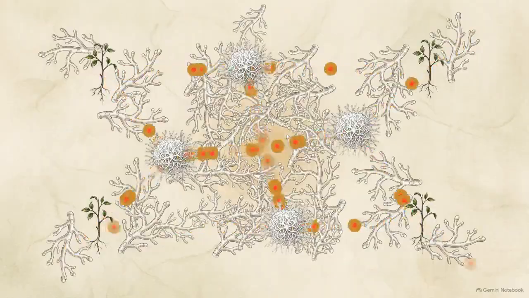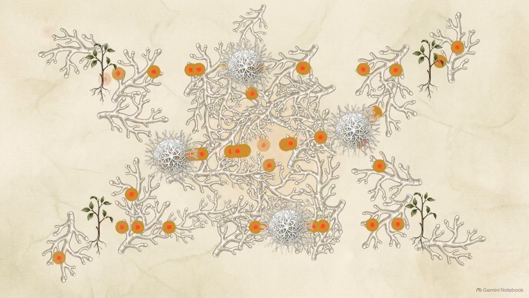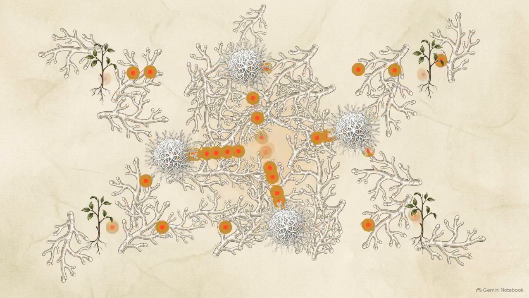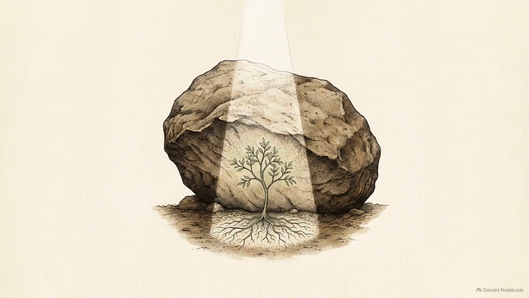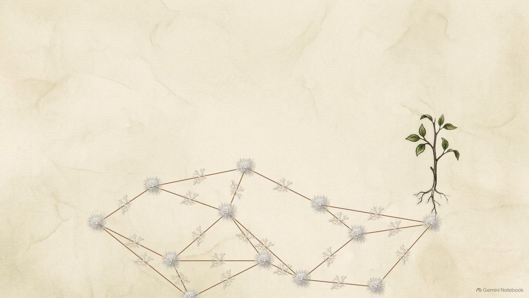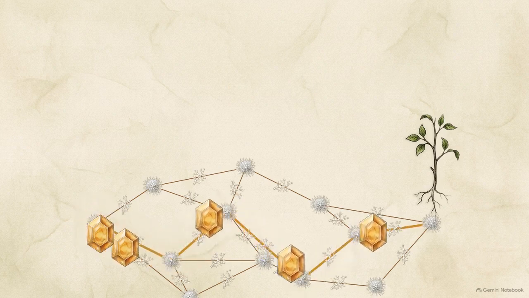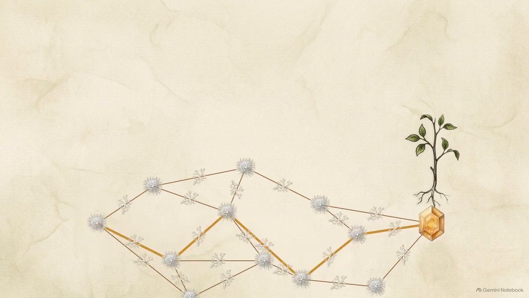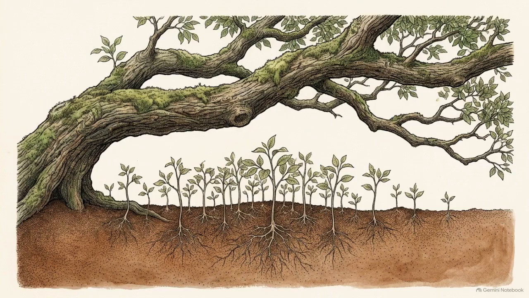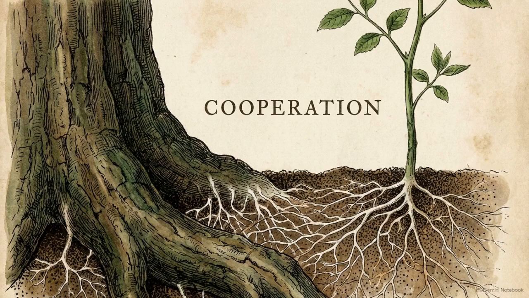This massive physical connectivity allows them to receive chemical feedback from the entire grid, identifying exactly which saplings are trapped in the deepest shade. Once a struggling young tree is located, the mother tree flushes its own excess sugars out through its roots and into the surrounding fungal wiring. Those sugars are deliberately routed through the mycelium and pumped directly into the roots of the starving sapling. By providing this calculated safety net, the largest trees in the forest effectively subsidize the weak, overriding the standard concept of survival of the fittest.